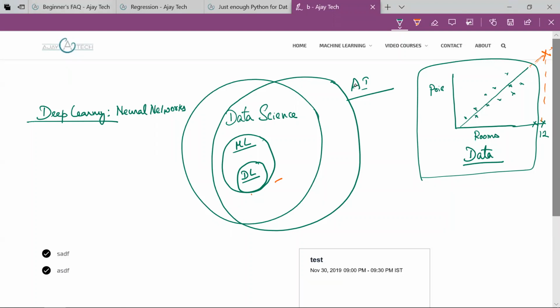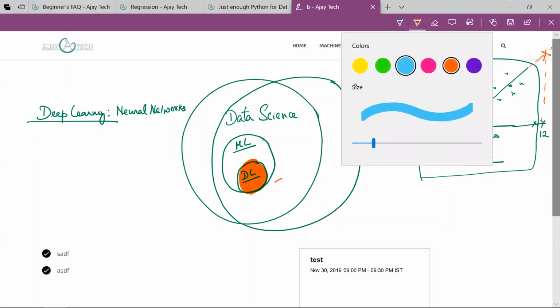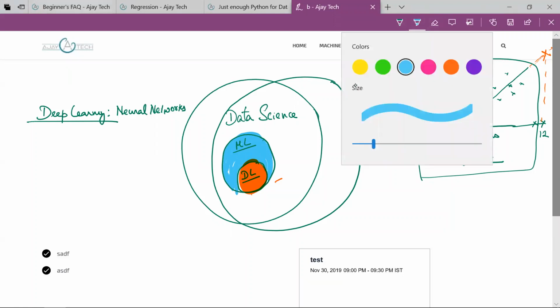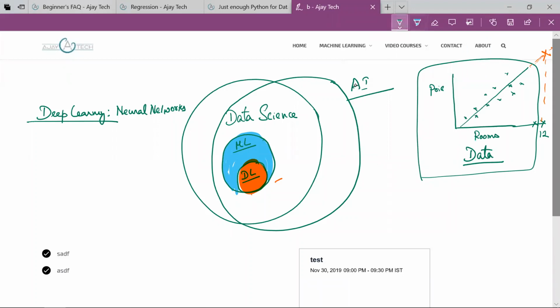Now, if you look at the pattern here, this is deep learning, a specific technology, and this is machine learning using some algorithms, and this is data science. So there is a lot of interchange here, meaning there's a lot of overlap. AI is overlapping with data science, and I've left this out because there is some analytics,